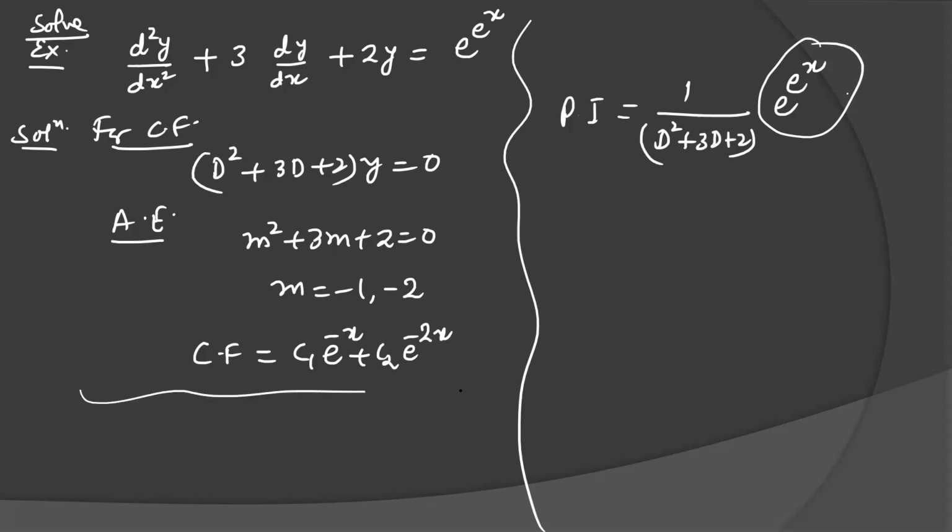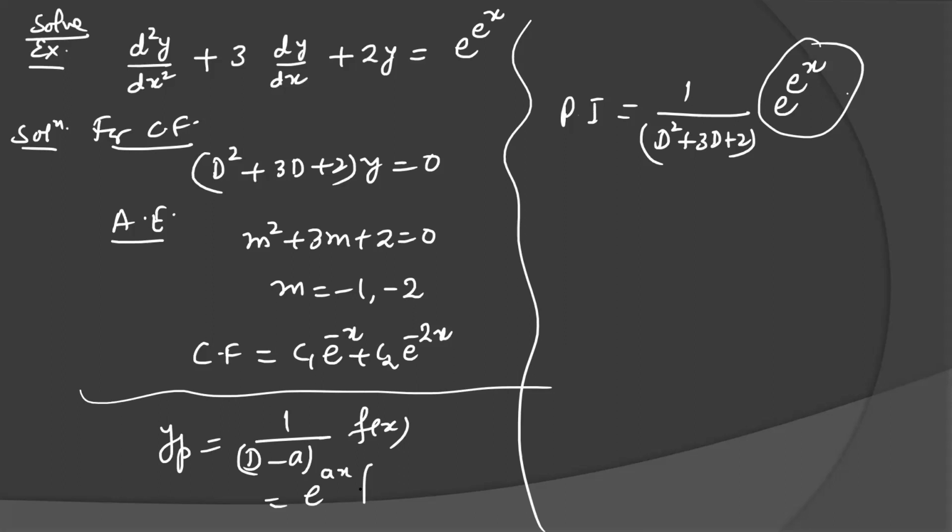What was the general method? Remember my lecture 3 last session. I told you, if you are going to find the particular integral of 1 over D minus a into f(x), it is equal to e to the power ax integral of e to the power minus ax f(x) dx. Here f(x) can be any function. Remember my point, f(x) can be any function, but the only condition is it should be a linear factor. So try to break this capital F(D) in linear factors.